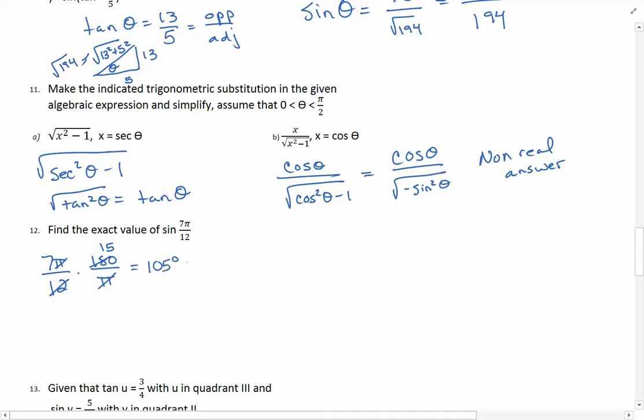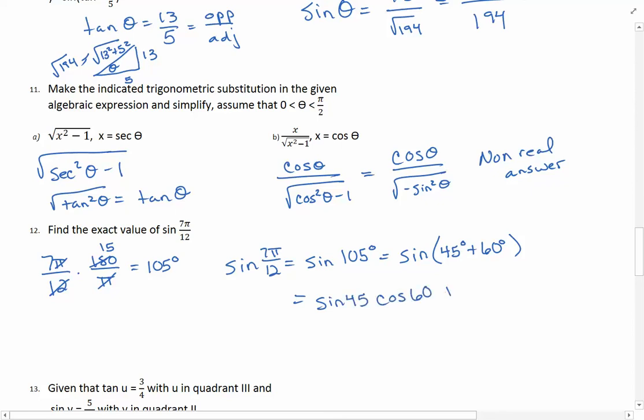And you can get 105 degrees, so finding the sine of 7 pi over 12 is the same as finding the sine of 105 degrees, which is the same as finding the sine of 45 degrees plus 60 degrees. And your sum formula for sine then is sine 45 cosine 60 plus cosine 45 sine 60, which then